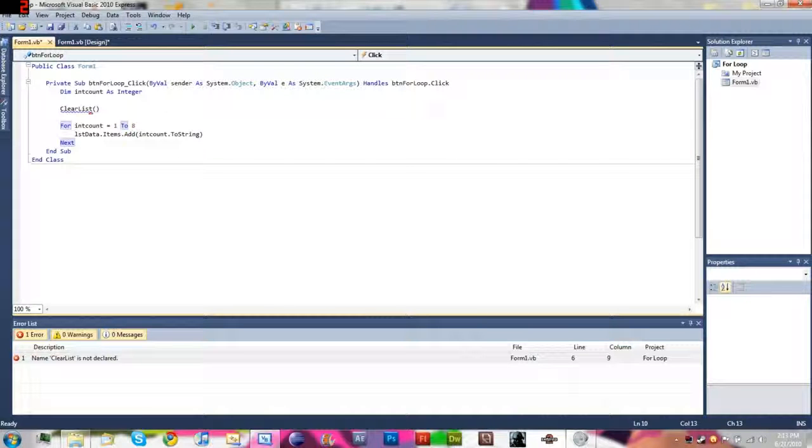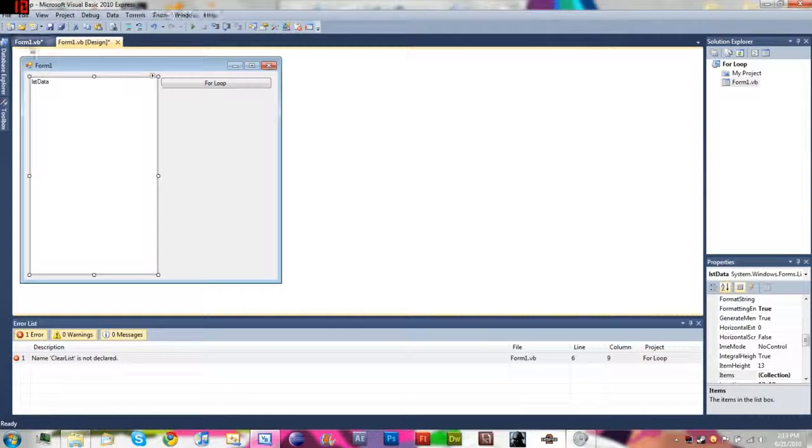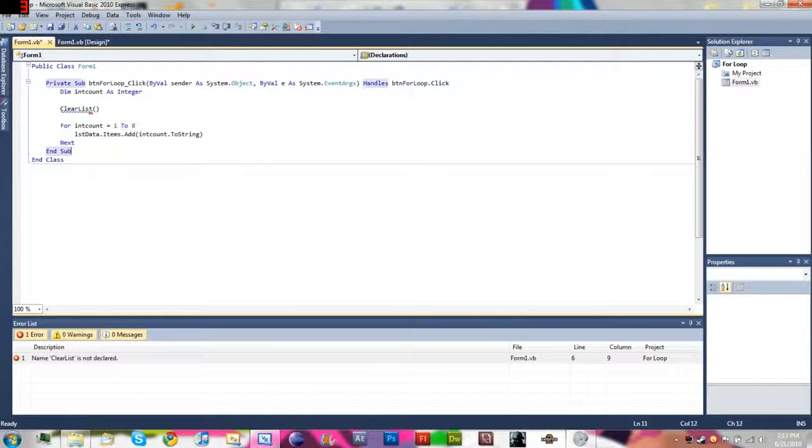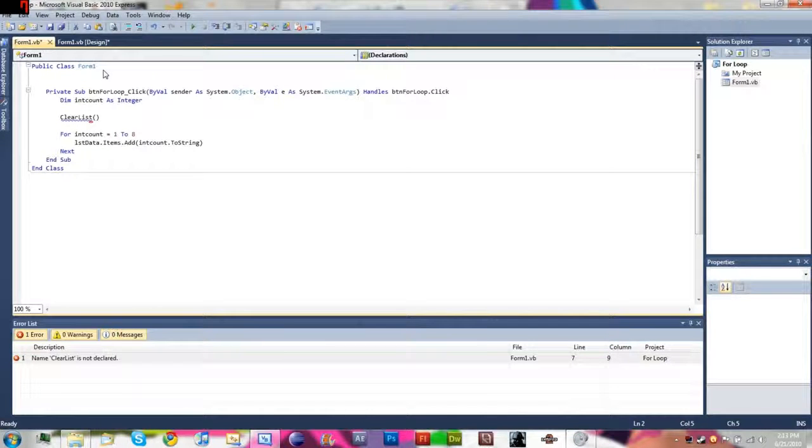So basically that just adds the variable int count to our box right here. And that's it for inside of this sub method, the button for loop that handles the click of this button. So now outside of this, let's go down here. We're going to make our method